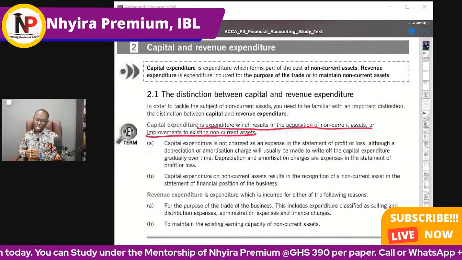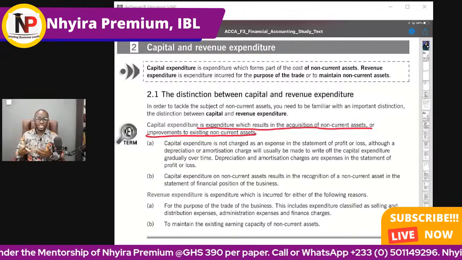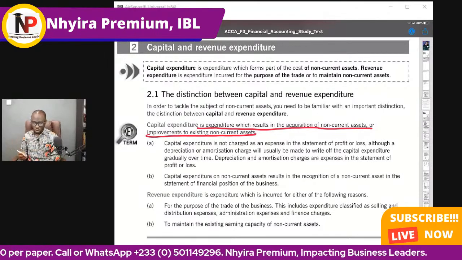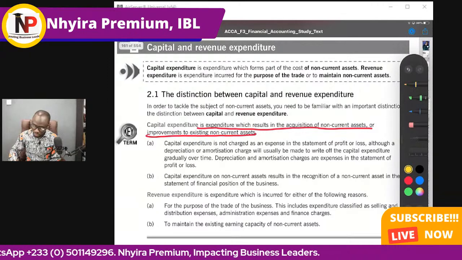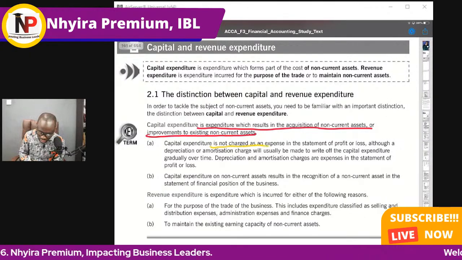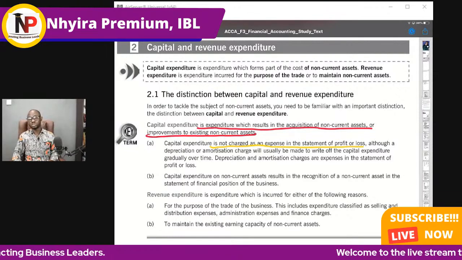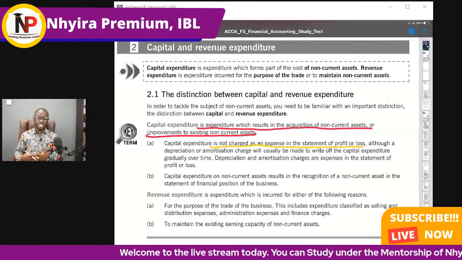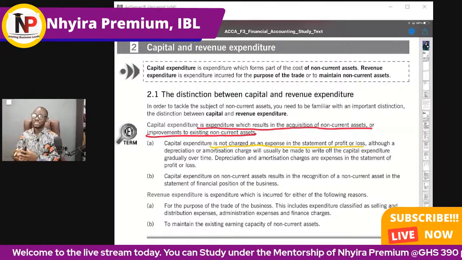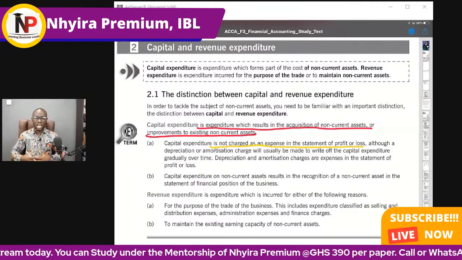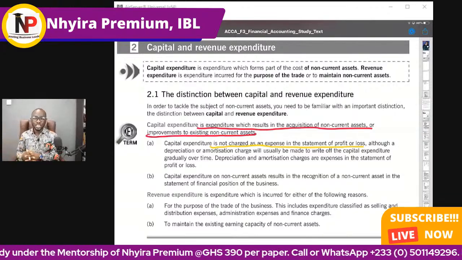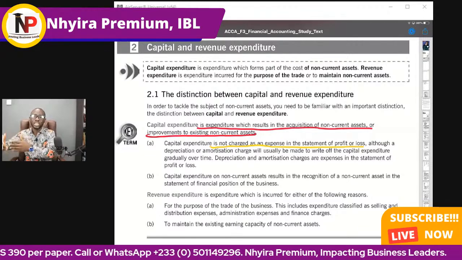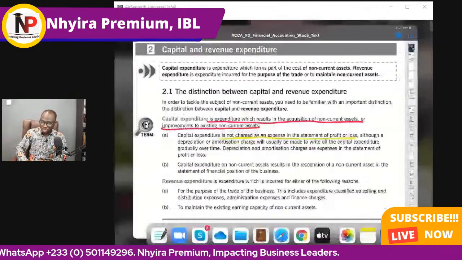Now, when we talk about capital expenditure, it's very important for us to understand how to treat it and how to recognize it in the financial statement. Usually, what you should know is that capital expenditure is not charged as an expense in the statement of profit or loss. Why? Because it is about an acquisition of an asset, or it's about the improvement of an existing asset. For that reason, capital expenditures are capitalized and included on the statement of financial position of the organization, which means that depreciation and amortization will be charged every year,